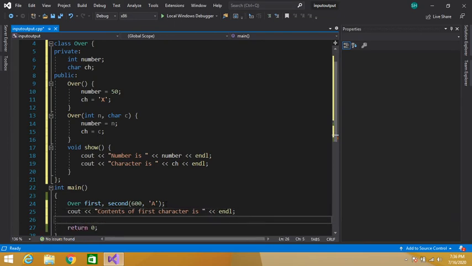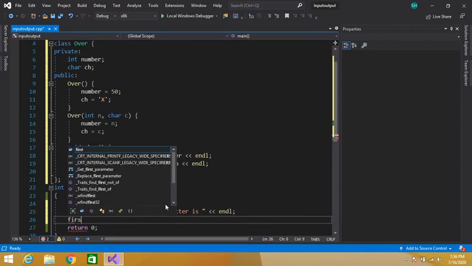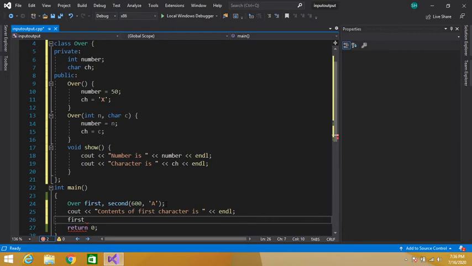First the object, then the dot operator and then the name of our function. So it will show the content of this constructor which accepts no parameters. See, here we have not provided any parameters.